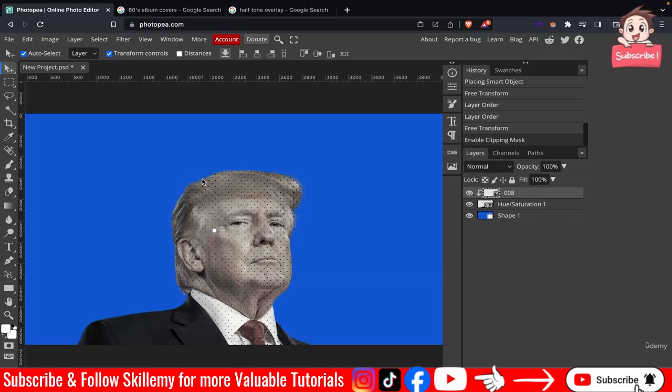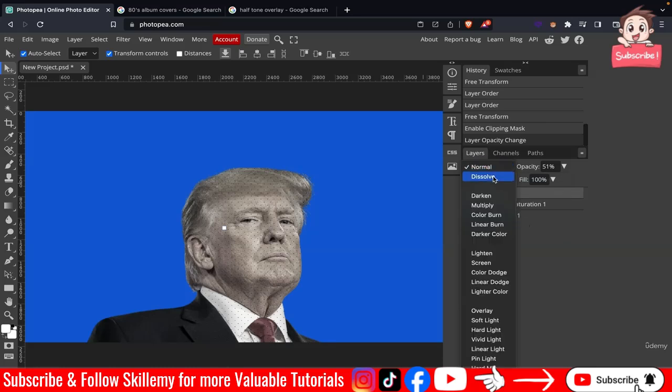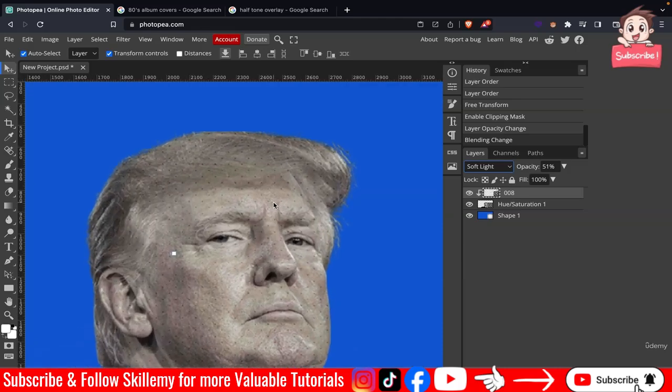So first of all we will lower the opacity, and let's just say we will do half of the opacity, 48, let's say 50 or 51 works fine. And now in this layer we have many options like dissolve, darken, multiply, screen, overlay, hard light and everything, but I found that the soft light effect is the best for all the halftone overlay effects. So I will be using this soft light effect, and you can see now our image is looking actually very